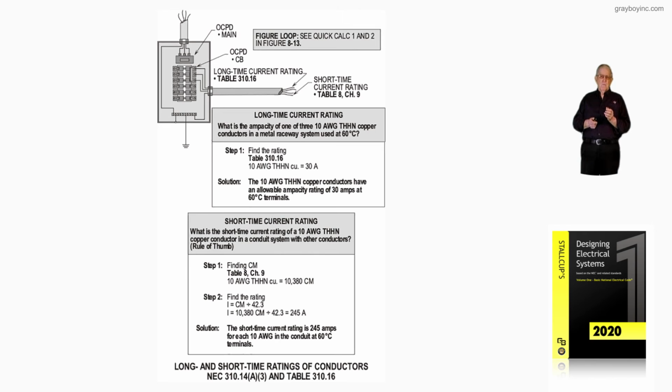Application now of derating factors, 310.15(C)(1), 3 current carrying conductors has no derating factor. So 310.15(C)(1) and 240.4(D) working together